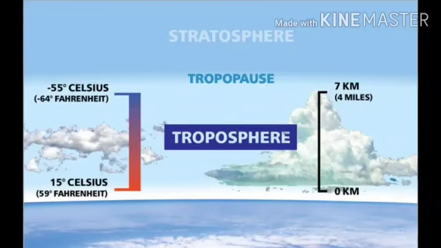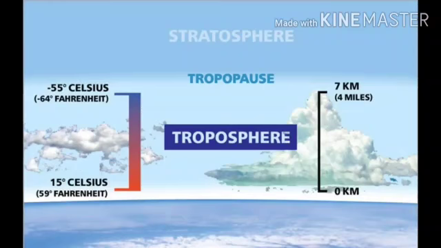It extends 18 kilometers at the equator and 8 kilometers near the pole. This layer has atmospheric elements such as temperature, pressure, wind, cloud, rainfall. All the weather changes occur in this layer, the lowest layer. If you want to see the clouds, if you have to measure the temperature, wind, air pressure, everything is present in the